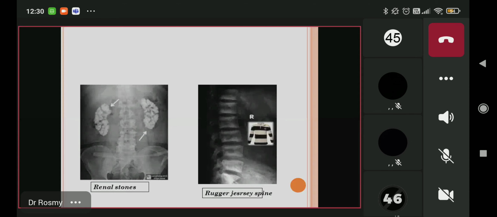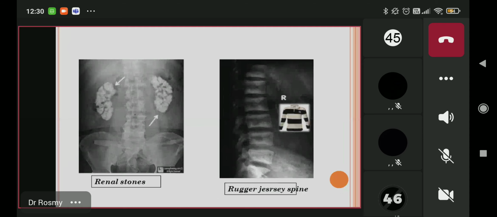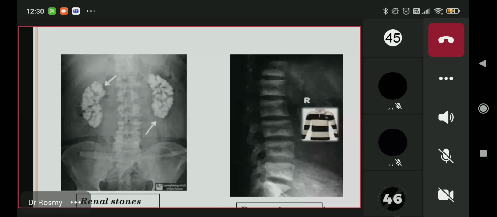So renal stones, if you see this X-ray, you can actually see the shape of the kidney. This is nephrocalcinosis. That is, if the stones are deposited in the parenchyma of the kidney, it is called nephrocalcinosis. But if it is present in the tubular system, it is called nephrolithiasis. Here, since it is deposited in the parenchyma, we can very well identify the kidney. So sometimes if you take the X-ray, you can find renal calcification also. This can be seen even in an ultrasound, but अगर आप X-ray करा रहे हो, तो you can find sometimes this kind of a scenario in hyperparathyroidism.